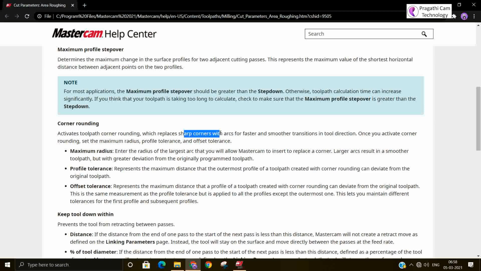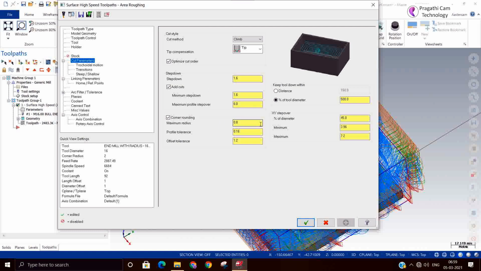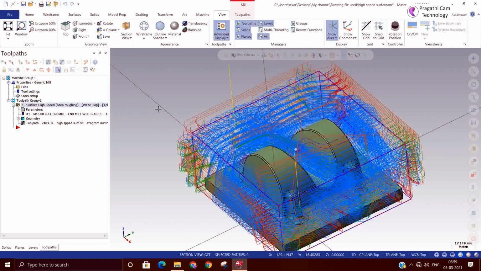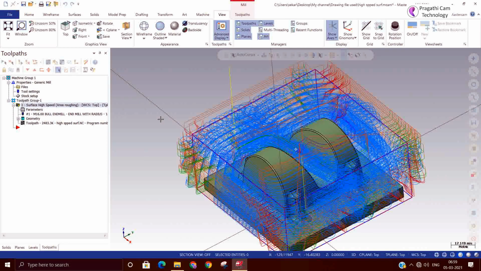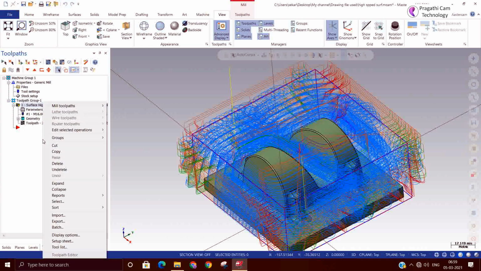It replaces the sharp corners by providing an arc, so because of this corner rounding your tool is safe from a sudden change at the sharp corner. Just go through that, you will be very clear on those things. So this is the rough surface area, rough toolpath.